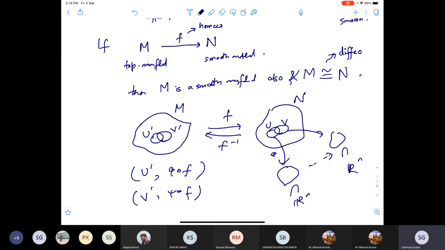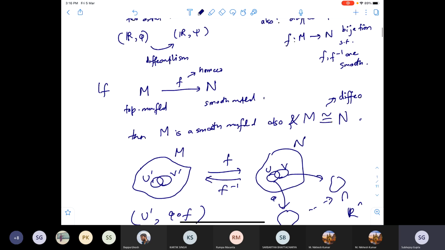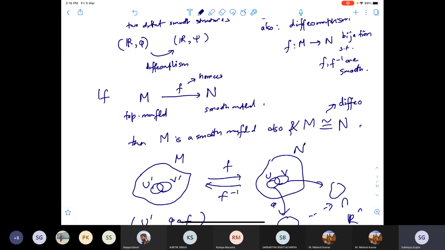So this is one example in which these definitions sort of work together, and this is one example where your manifolds might look different, but as long as they are diffeomorphic, they would really be the same smooth manifold. Okay, so